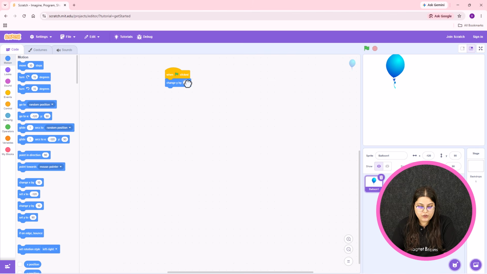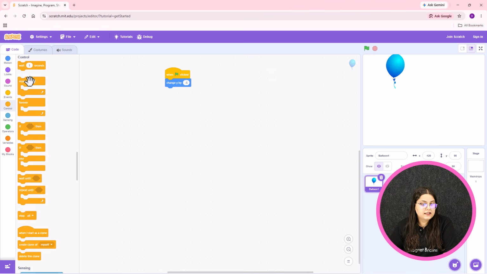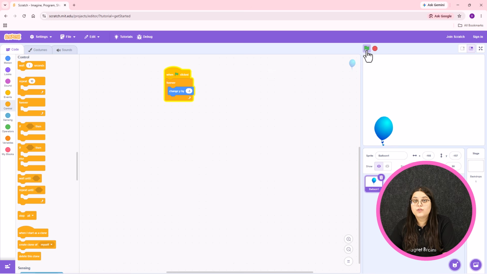So we have to change this value to -5. Okay, and I have to place this in a forever loop so that the value decreases continuously, which means the balloon will fall down. Okay, so let's check this. Click green flag. See, balloon is falling down.